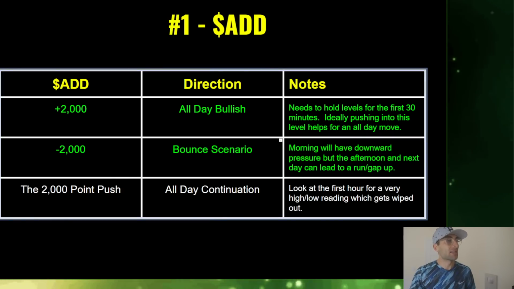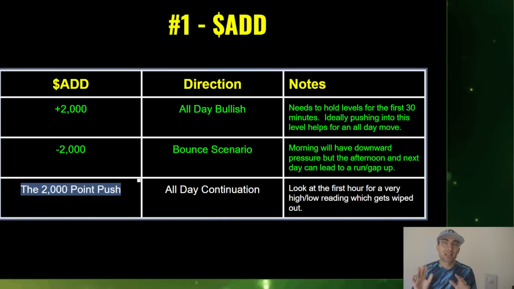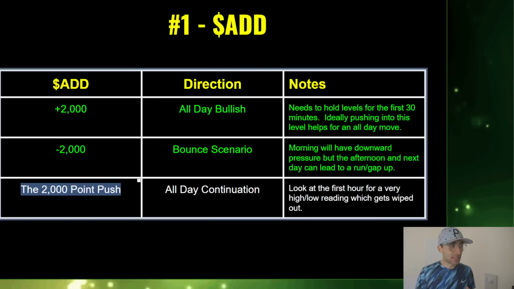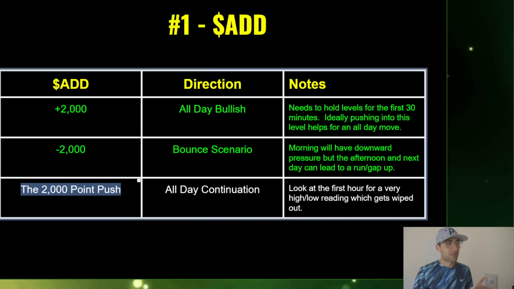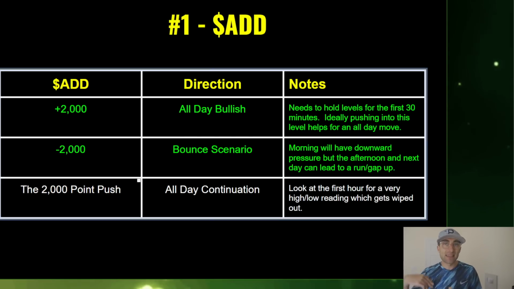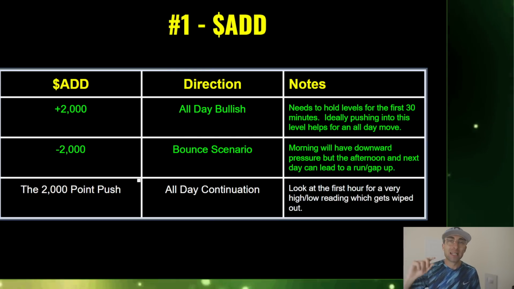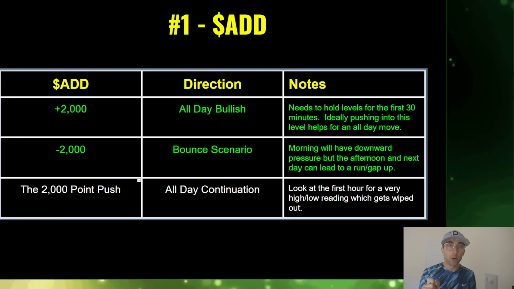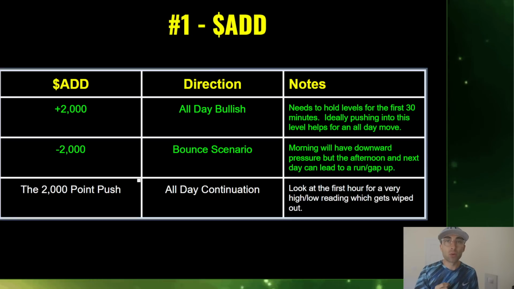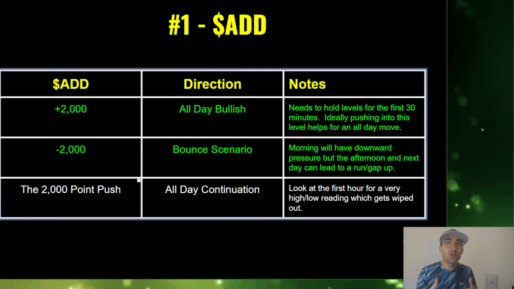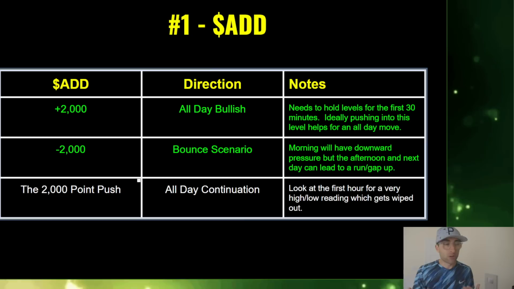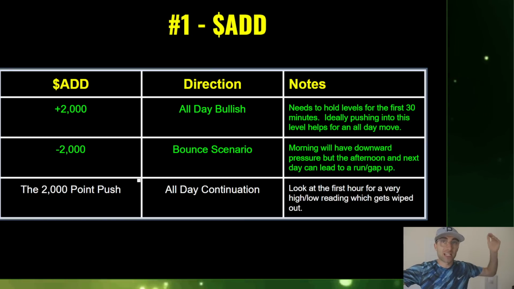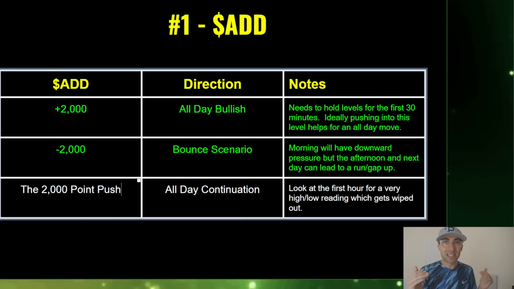And this is my last scenario that I see leading to great trends. 2,000 point push. And this could be any numbers. For example, let's say the ADD is 1,000, positive 1,000. Let's say it drops to 0. That's a negative 1,000 point drop. And it drops again to negative 1,000. That's a 2,000 point drop lower, which means all the stocks that were bullish that day gave up gains and